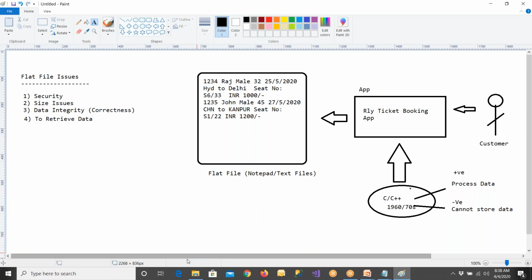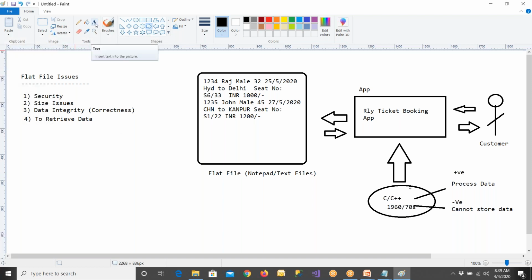To ask this question, you have to write a complex program, and the program will read the data, and a report will be given to you. If you are a customer or the business user, the railway people wanted to know what sales happened in the last 5 years from station A to station B, how many trains have traveled from this station to the other station, how many passengers or customers have traveled. I wanted to have that kind of a report. To create a report, to retrieve the data also, it is very slow.